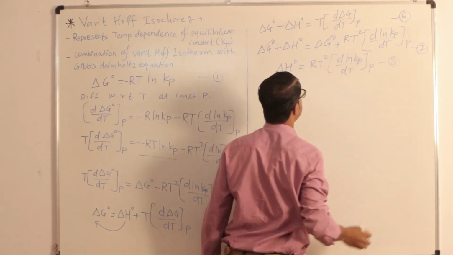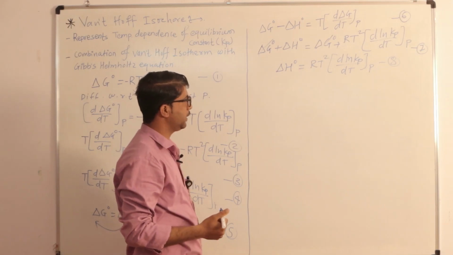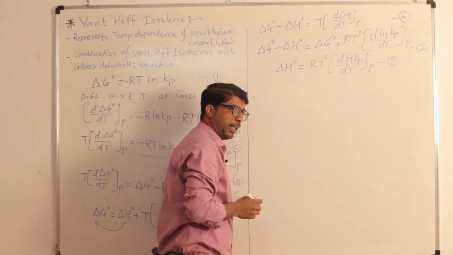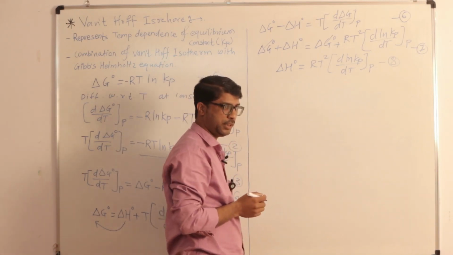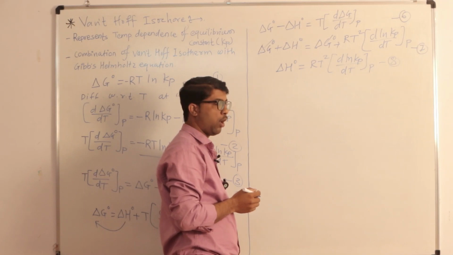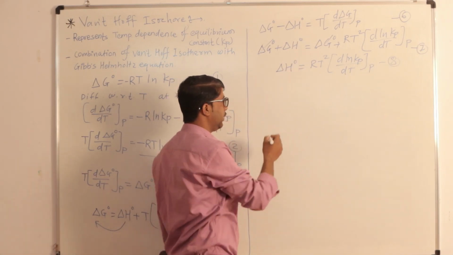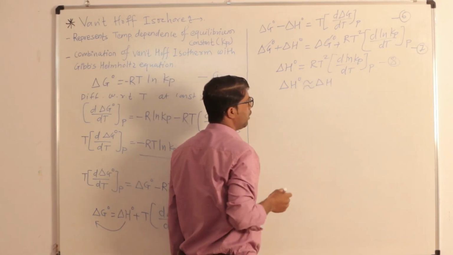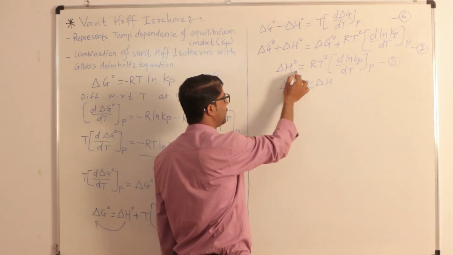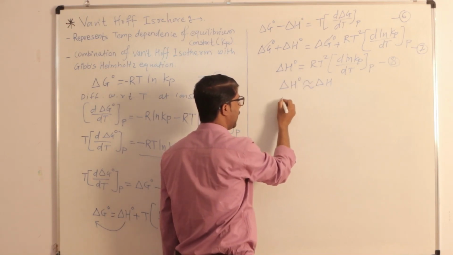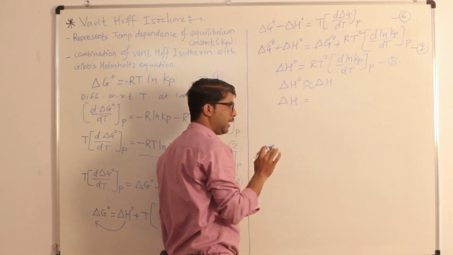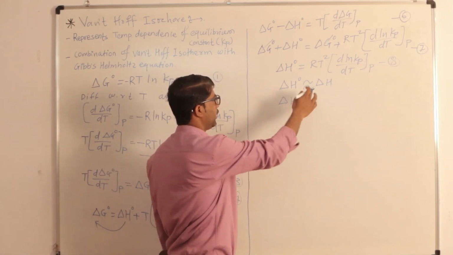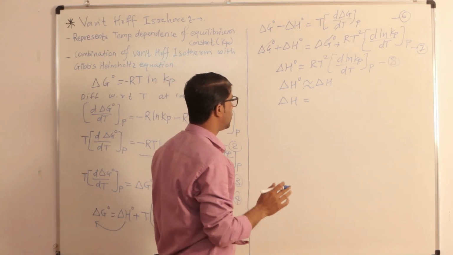Let's say it is equation number 8. In the next step, here is the change in enthalpy, and this is the standard enthalpy change. Whatever change you observe in enthalpy under standard condition is equivalent to delta H. Because of that, I am going to replace this term by delta H. Why? Because under standard condition the change in enthalpy is somewhat delta H. It is likely delta H.